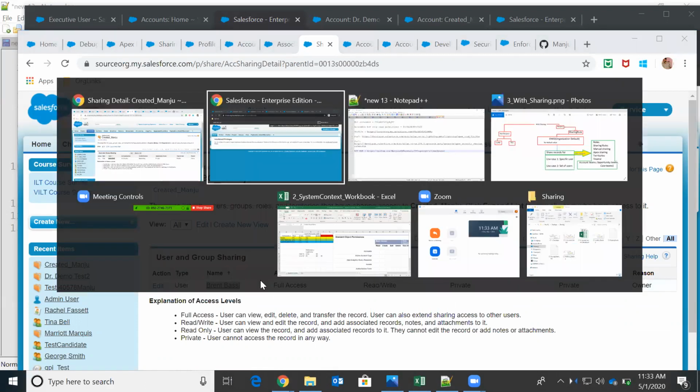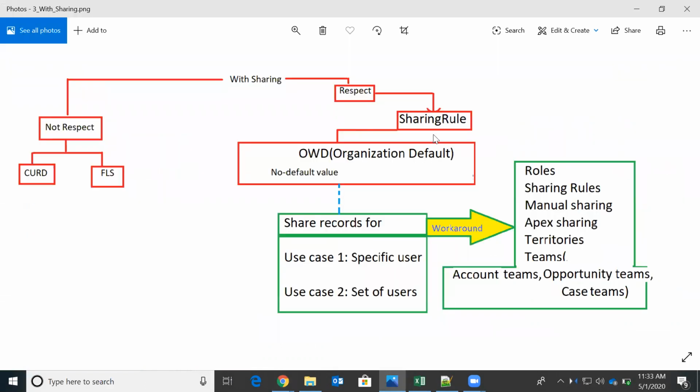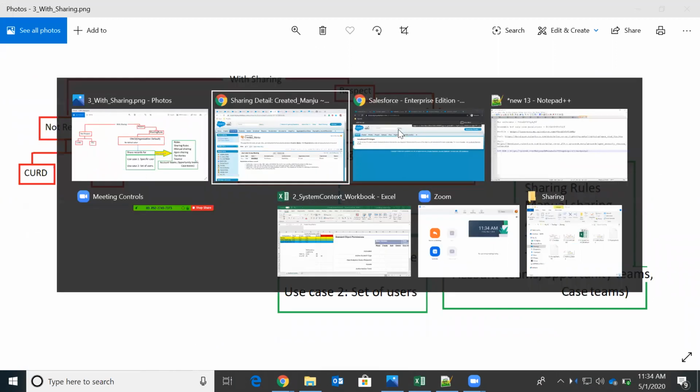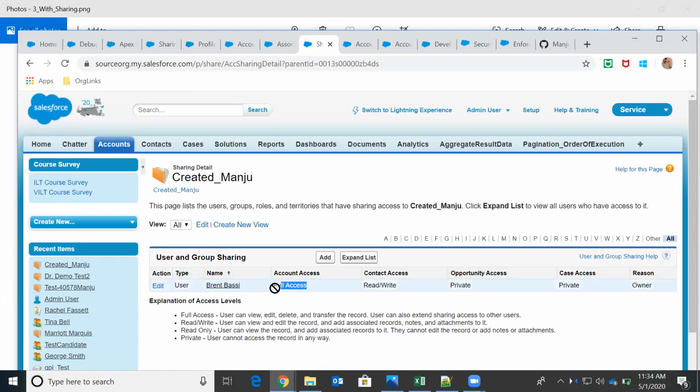What I explained here is, if the user has full access through sharing, then we'll be able to perform DML operations on the record, even though at the object level we don't have CRUD and FLS permissions. Still we are able to perform it. Full access means read plus write permission is available.